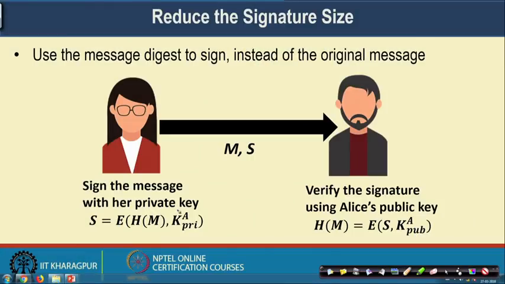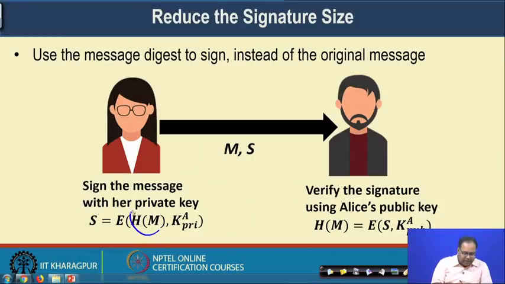So, whenever you are generating the signature, during that time you first hash the message and get the message digest. So, Alice wants to sign the message. Alice first generates the hash of the message. After generating the hash of the message, she signs it using the private key of Alice and generates the signature, and whenever you are transferring the data along with the original data, you also transfer the signature.